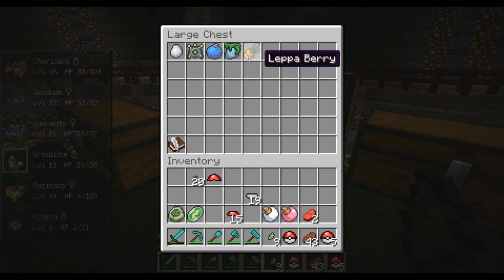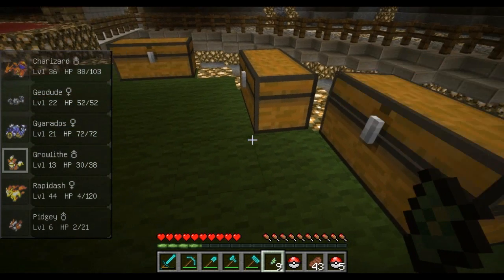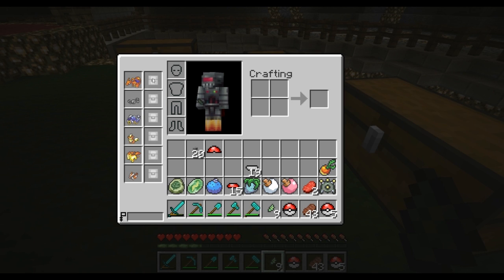Well, that's these items here, where you have all kinds of different berries and XP shares, including a mysterious lucky egg. To attach these, go ahead and take them all out of the chest and then put them in your inventory here, as they all have one little slot. So just click and drag, boom, there you go, and you're going to be XP sharing and everything else,